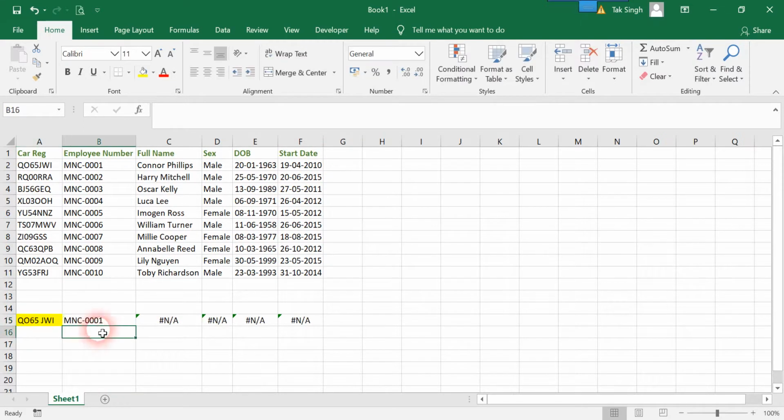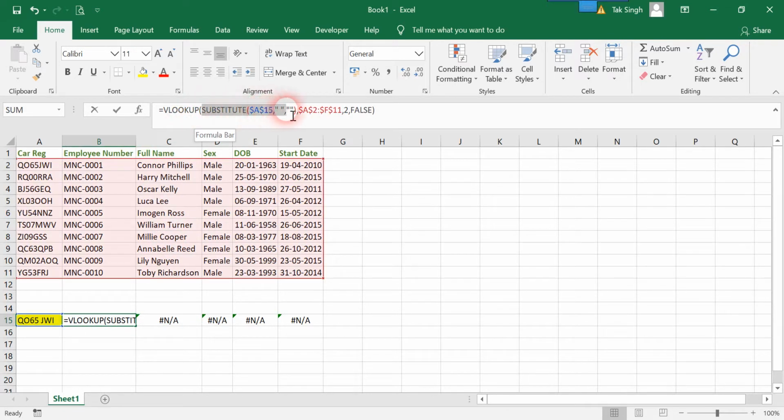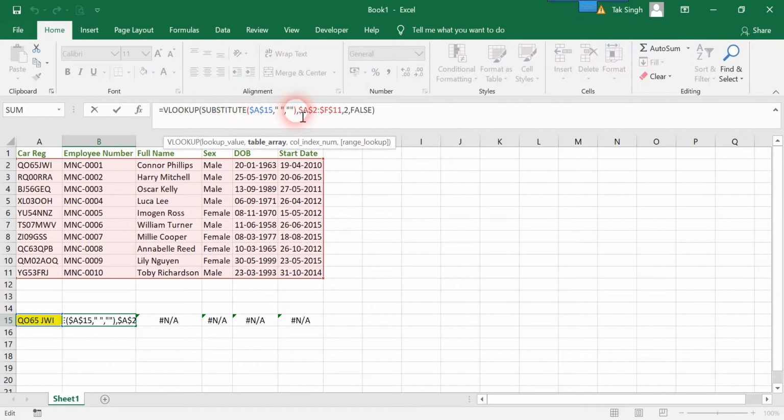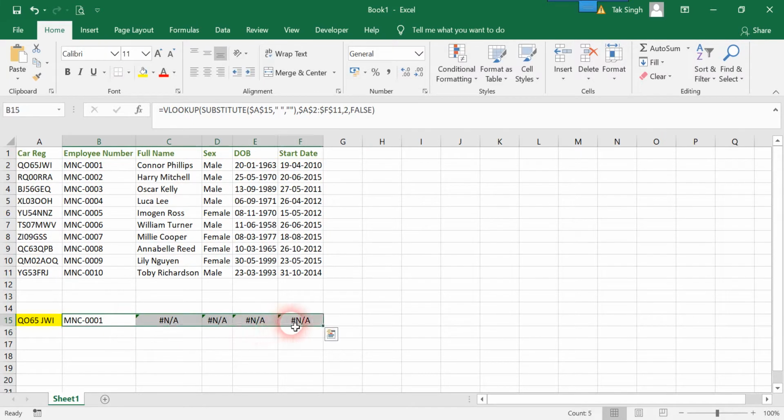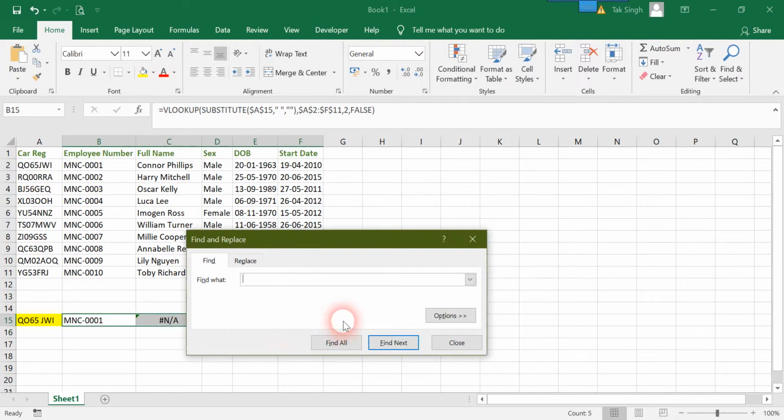And now what I want to do is apply this formula to all this set of cells, and it is quite a hard and boring task to replace each and every one like that. So what I will do is copy this and use Control F again.